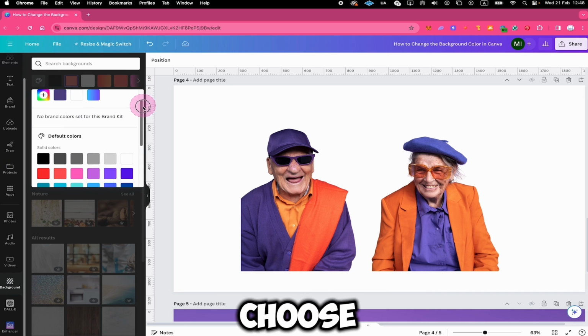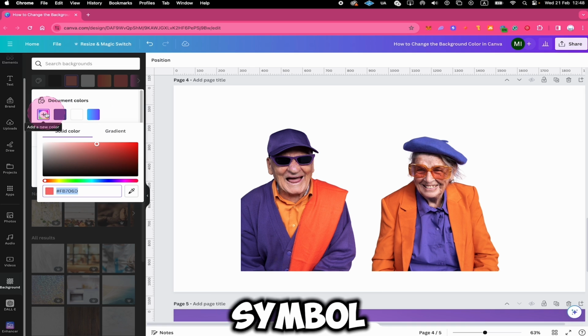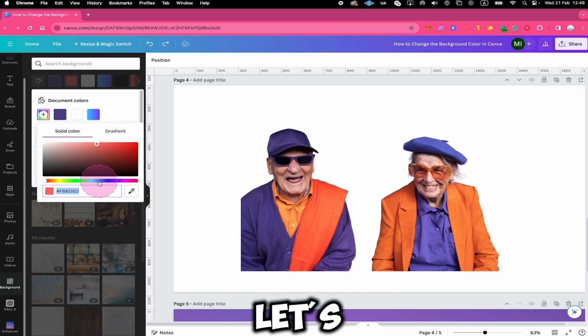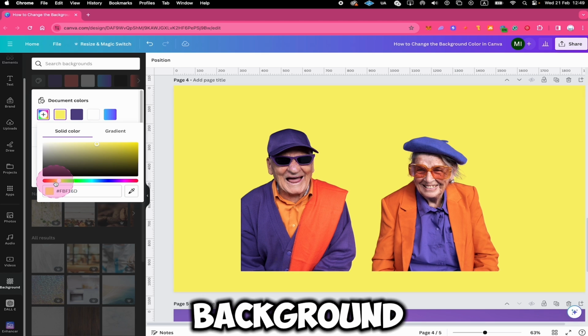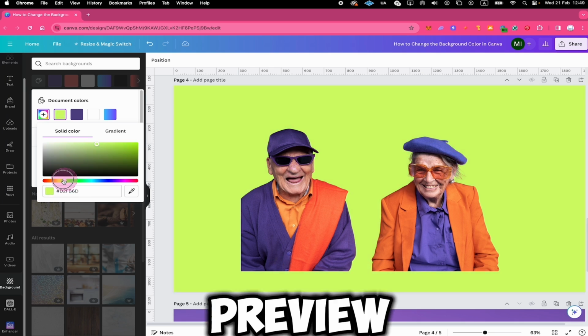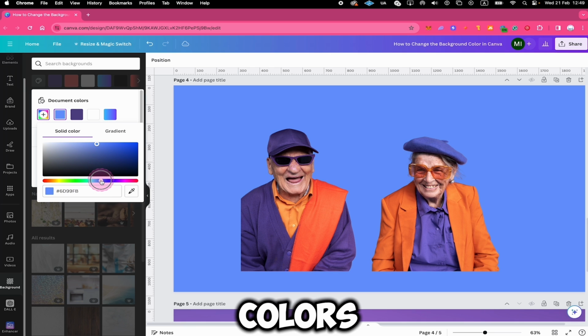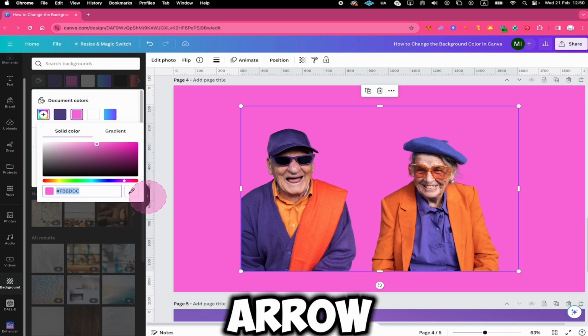And we can either choose a solid color from here or on top we can also click on the plus symbol and then use this color wheel right here to choose a background color. So let's choose yellow here for example, so I simply click on it and just like that we change the background of our image. Now I can just drag this here if I want and we can easily preview all these different colors. Once you're happy with the background color, we can actually click on this left arrow right here